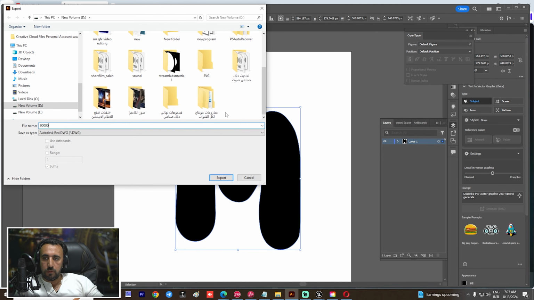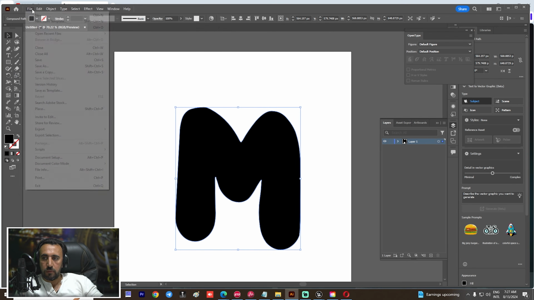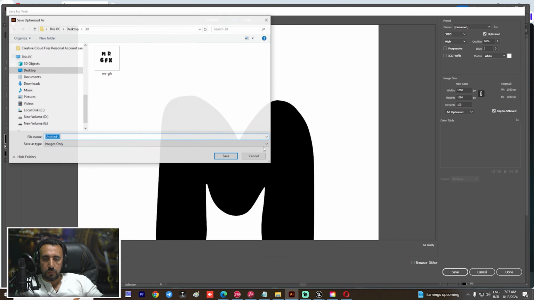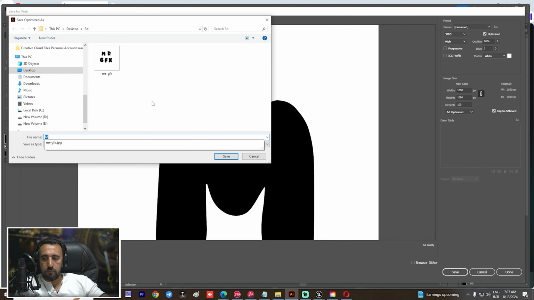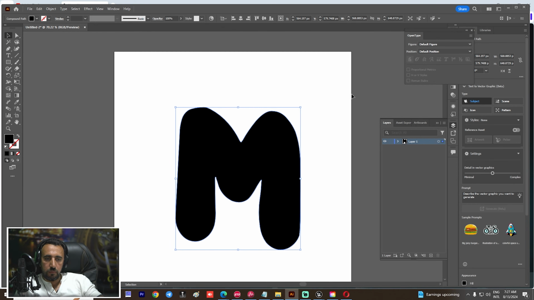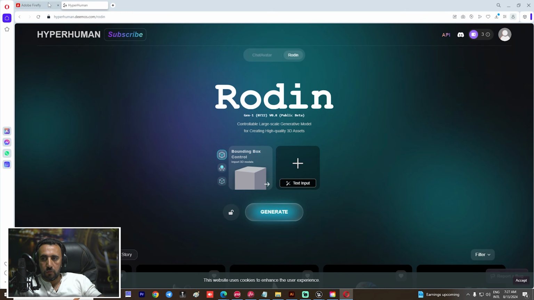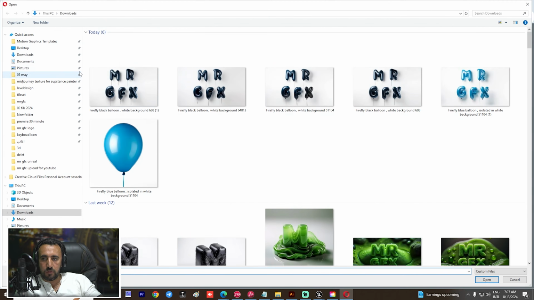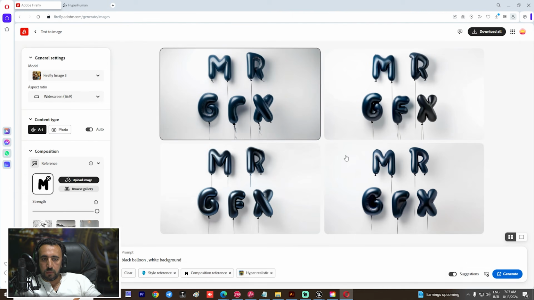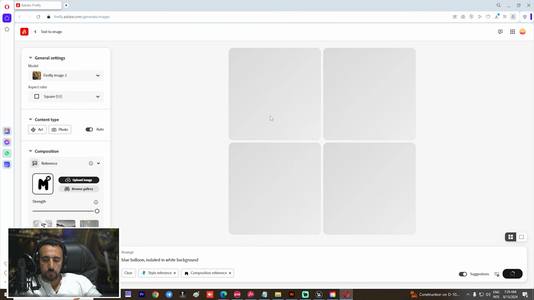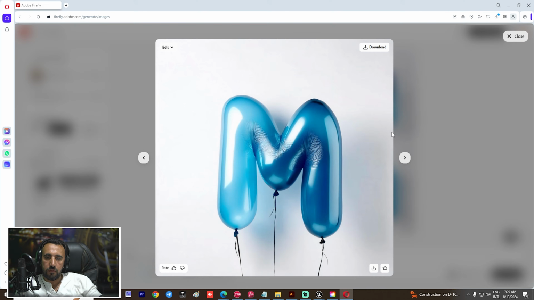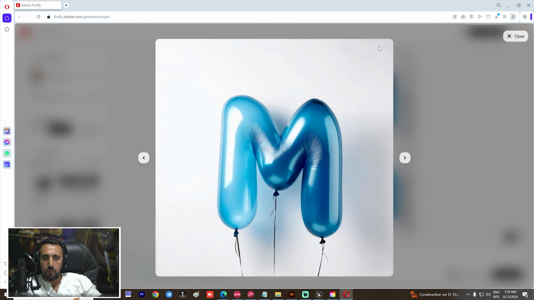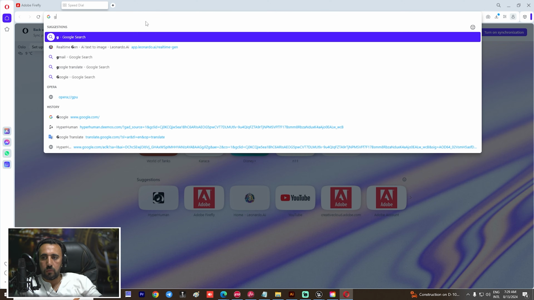We can put it here, file, export as, save. Okay, and go to Adobe Firefly, upload our image from here, 3D, generate. Okay, nice shape. We can go to edit, download. We can go to Google,